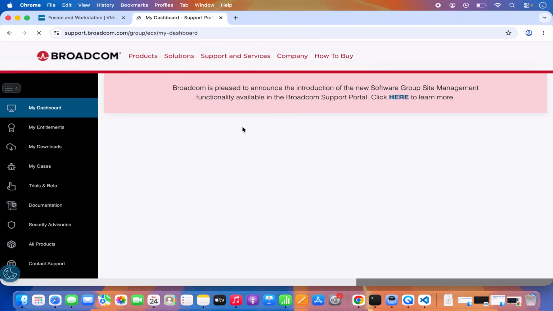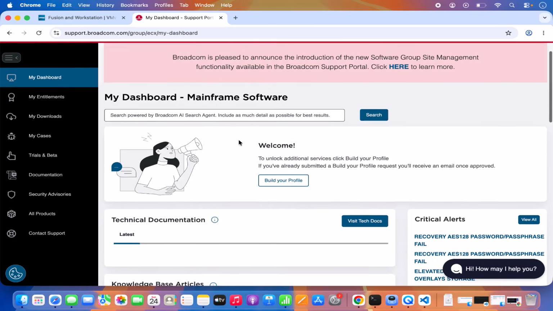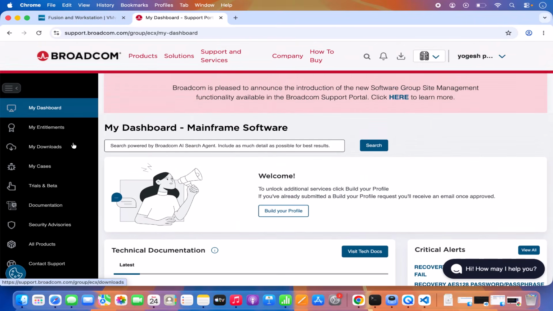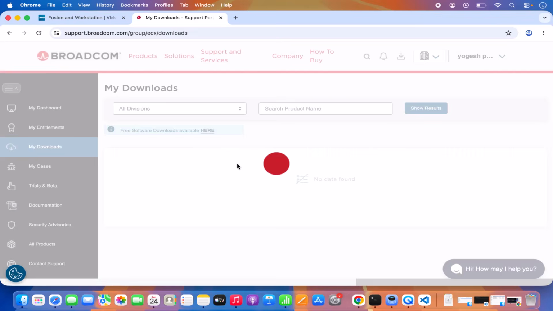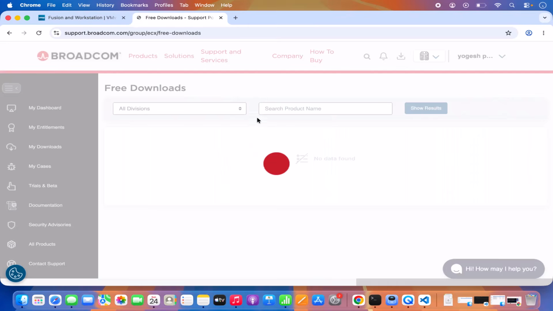Now, once you have created your Broadcom account and you have logged in with it, you will be able to see an interface something like this, right? So in the next step, you need to click on this My Downloads section here, which is going to redirect us to this Downloads section. And in here, you just need to click on this link which says free software download available here, right? So click on this option, and it's going to redirect us to this